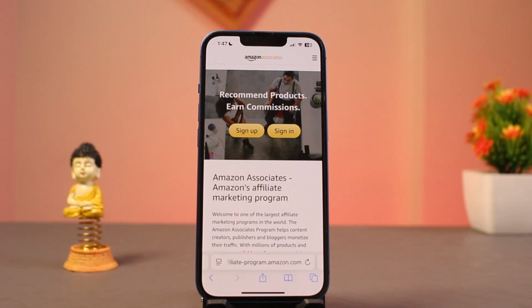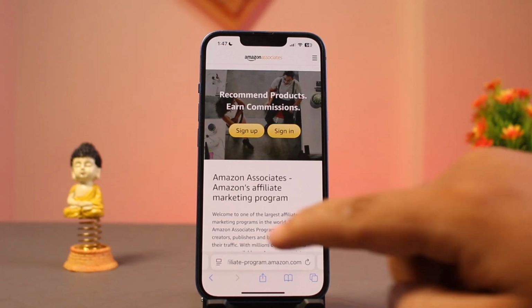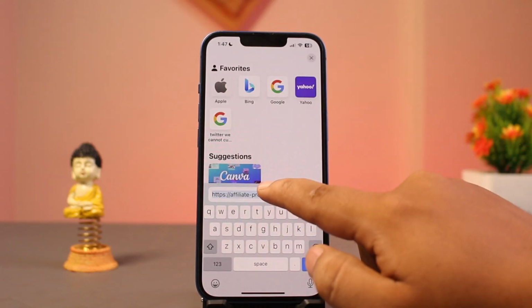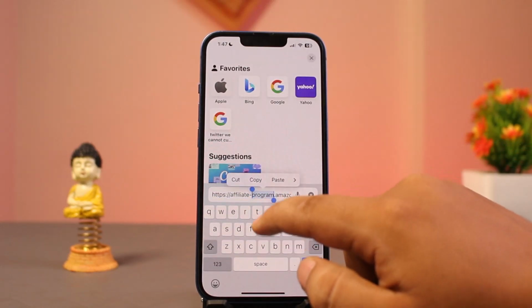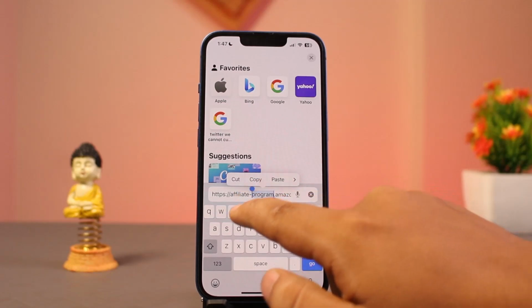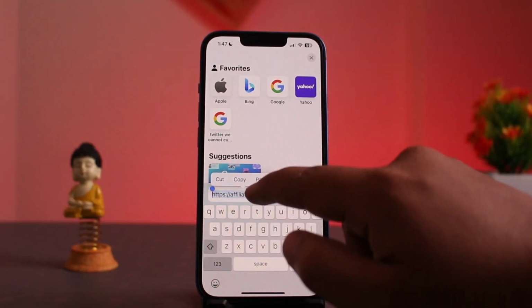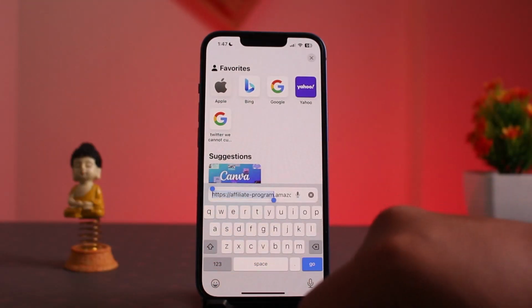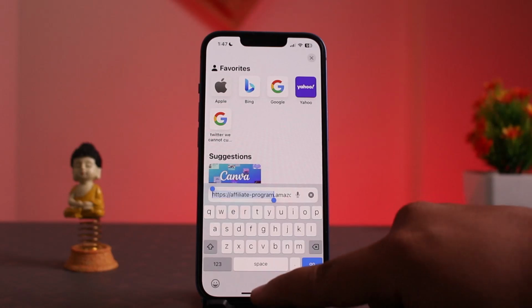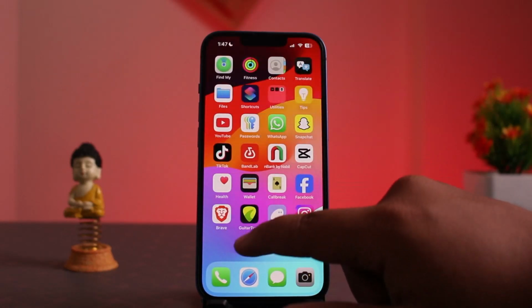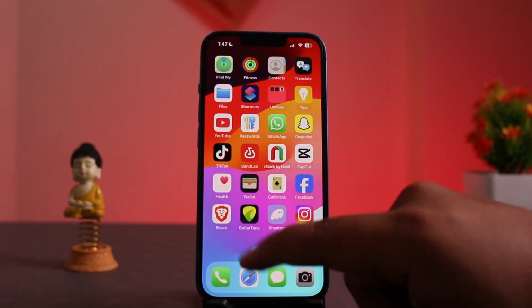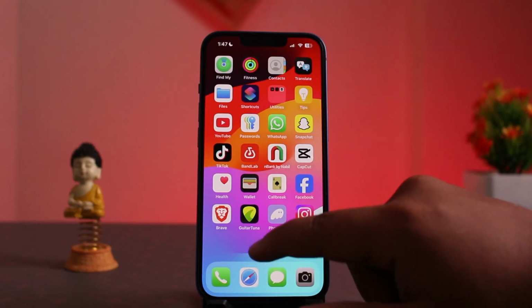In order to add Amazon affiliate links to YouTube Shorts, what you can do is simply proceed to first get the link. Now you can simply copy the link or get the link. So for example, let me just copy this right here. So for example, I have copied this. Once I've copied it, what I can do is head over and proceed to open up the YouTube Shorts,